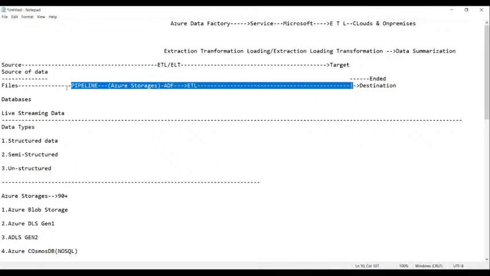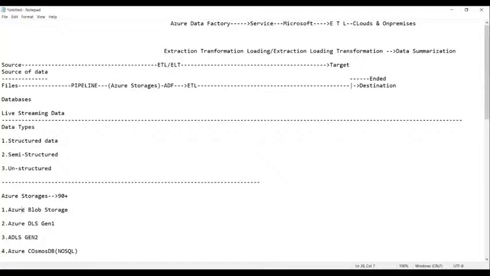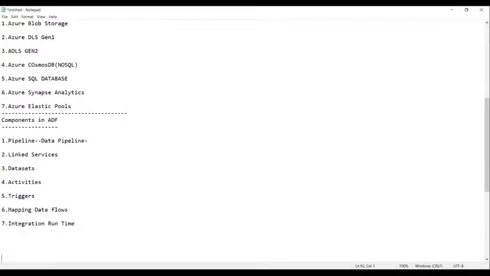Now, can you tell me what the pipe carries here? Data. Exactly. So hence we call it a data pipeline. I'm giving you the technical definition: a pipeline basically orchestrates the data from the source to the target. That means data movement. The data movement will be taken care of by the pipeline, everyone.